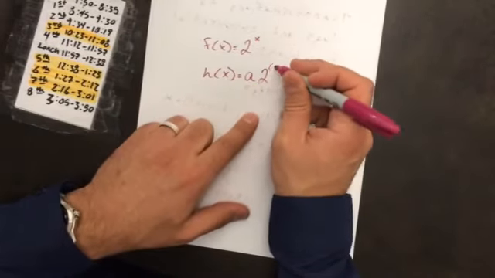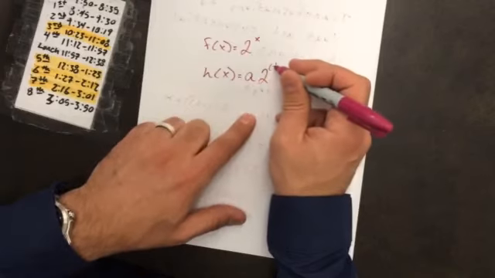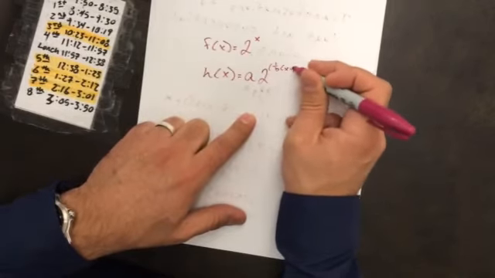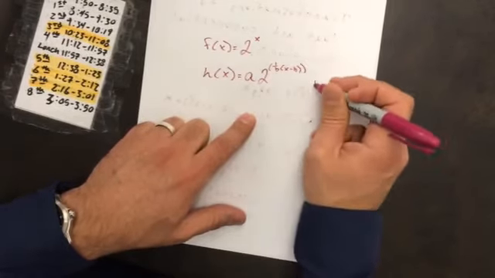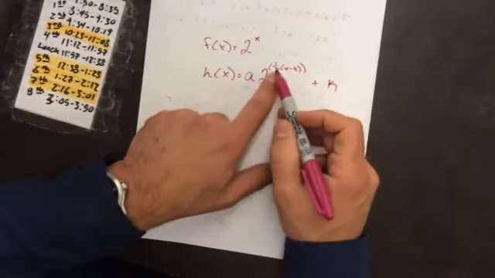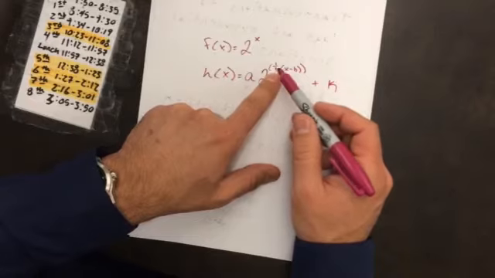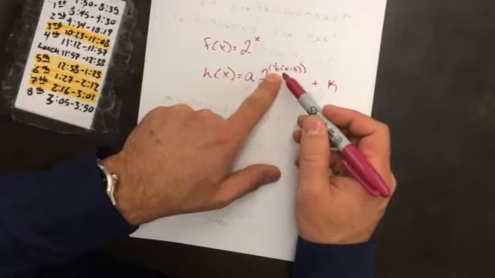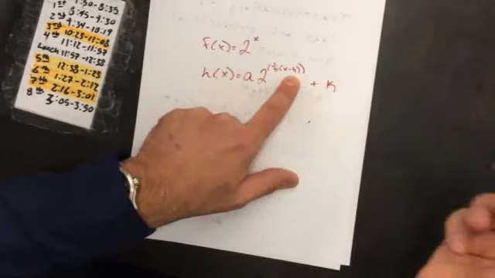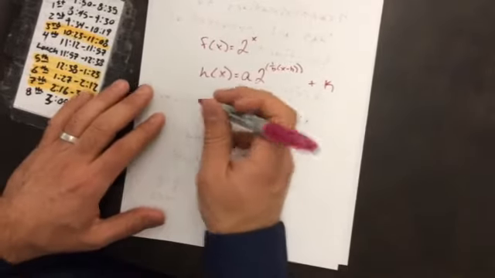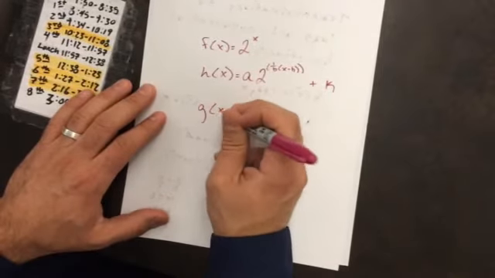And then up here in our exponent is going to be 1 over b, x minus h, and then plus k. So b again is going to be our horizontal stretch or compression, and then reflected across the y-axis. h is moving it to the left or to the right, and k is moving it up or down. So if they give me